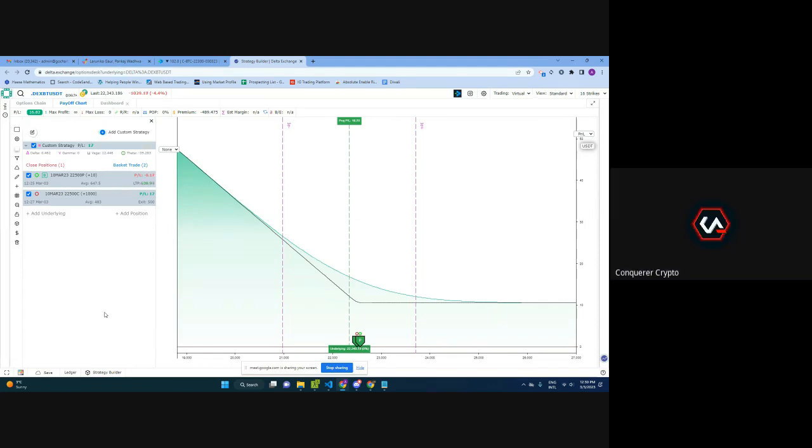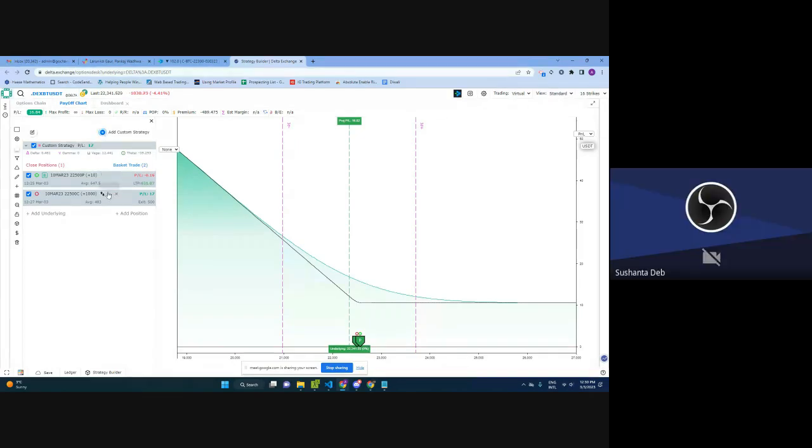I have a question. Yes. What about the plotting of this P&L chart? I mean, the payoff chart. Does it consider the spreads, or does it consider the mark price of the options contract? Okay, so